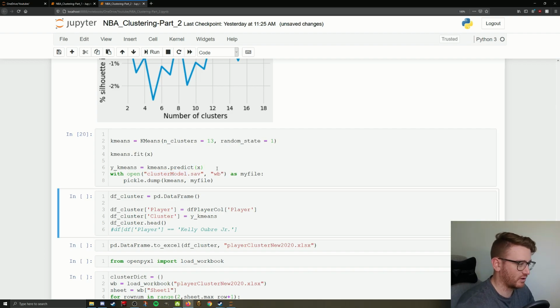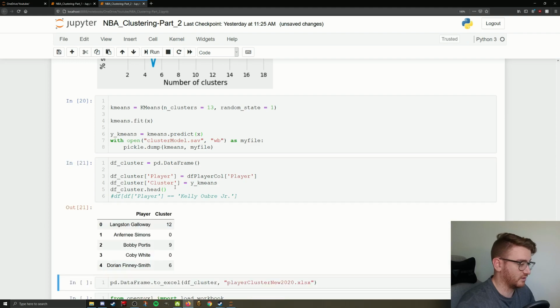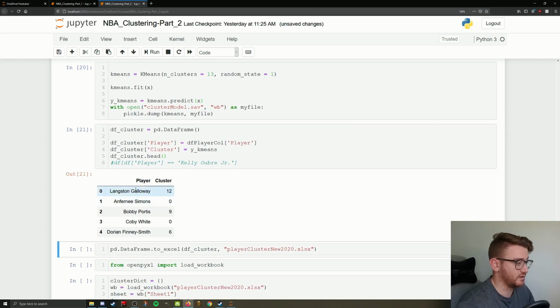So running our K-means, we're predicting, and again, this is a data set from last year, so it's not going to be impacted at all right now. And then we're going to create a clustered data frame. We're going to add the player column, and then we're going to add the cluster. So that's going to be the cluster they get assigned to. And then we're going to take a look at the head, and we can see here